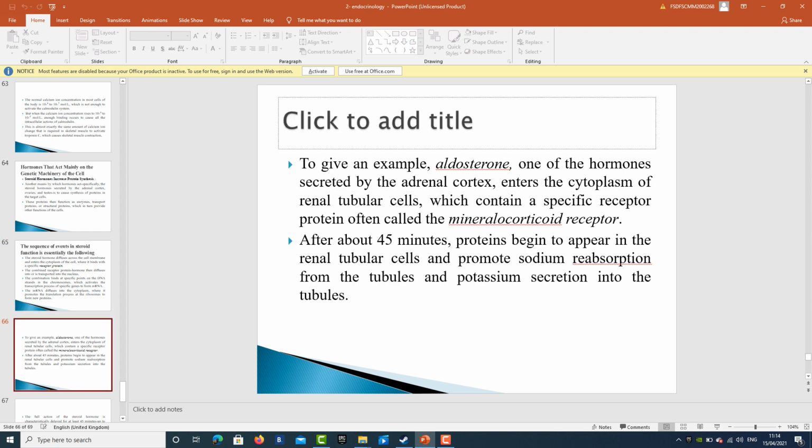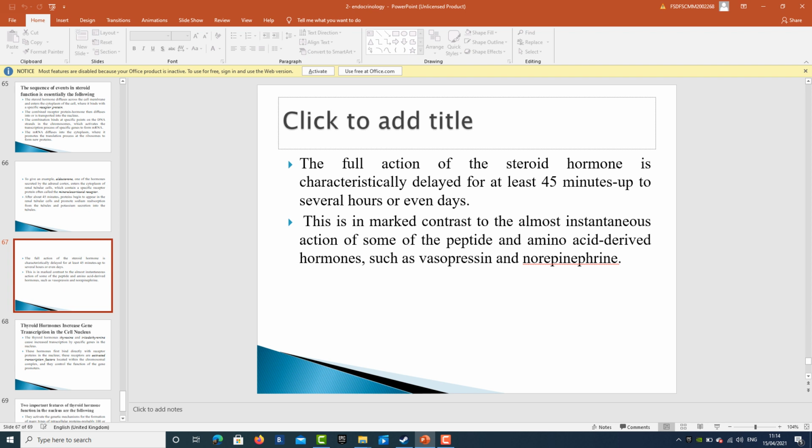To give an example, we have aldosterone. How? By binding the specific mineralocorticoid receptor, within 45 minutes it leads to the reabsorption of sodium from tubules and potassium secretion into tubules. The full action of steroid hormone is characteristically delayed for at least 45 minutes, up to several hours or even days. This is in marked contrast to almost all the other hormones, which are like